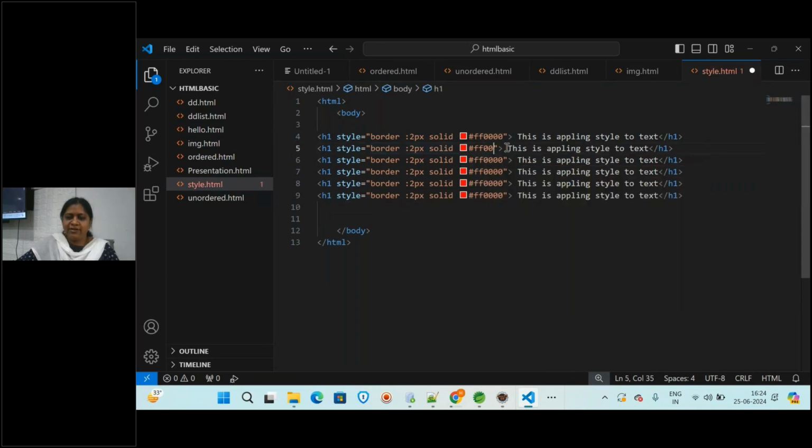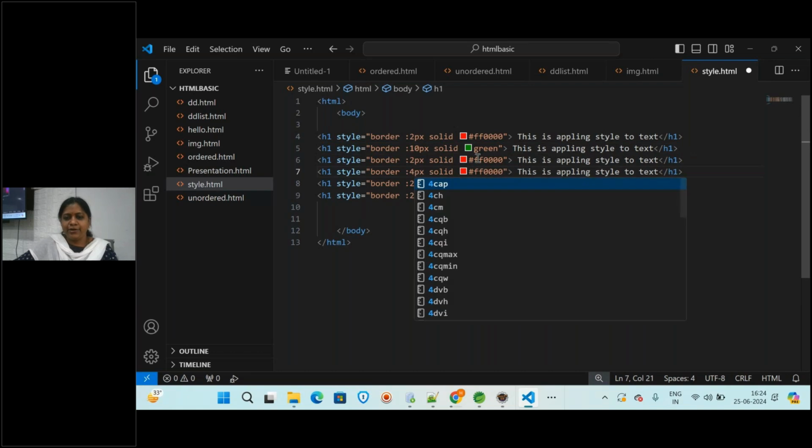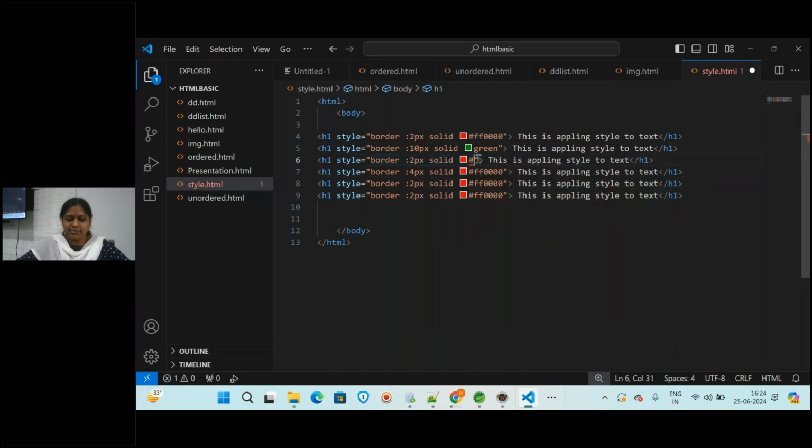Like you can give here green color, and you can also change the pixel size. Like you will be giving here green, and here you want the pixel size to be 10. You can change the pixel. Here I'm giving the pixel size 4, and you can give some other color.